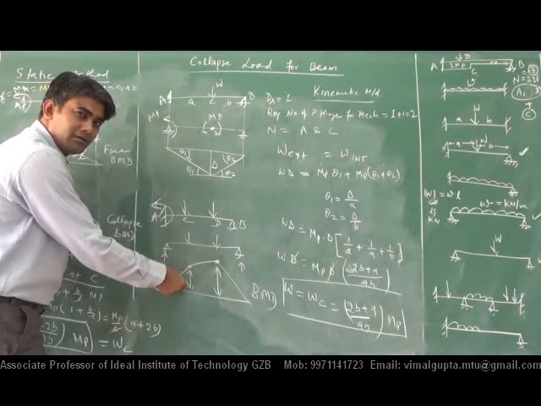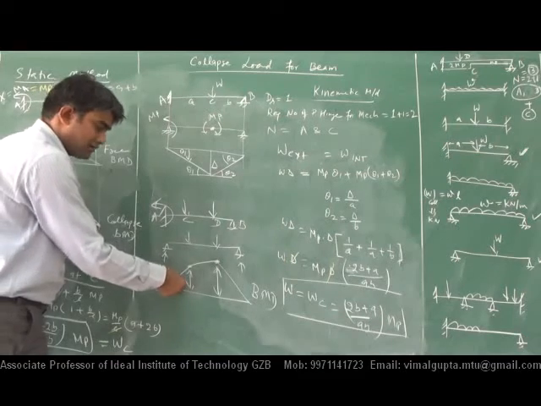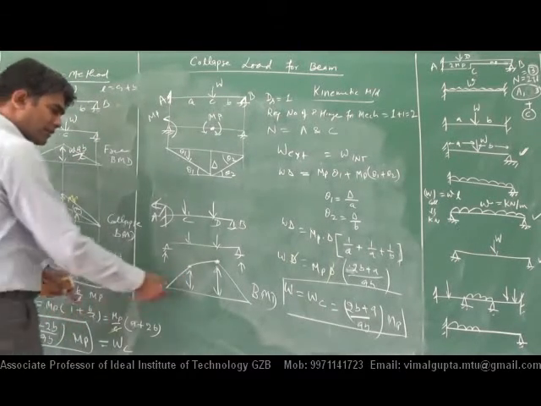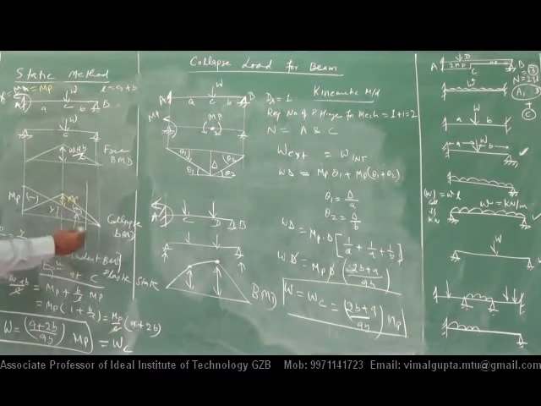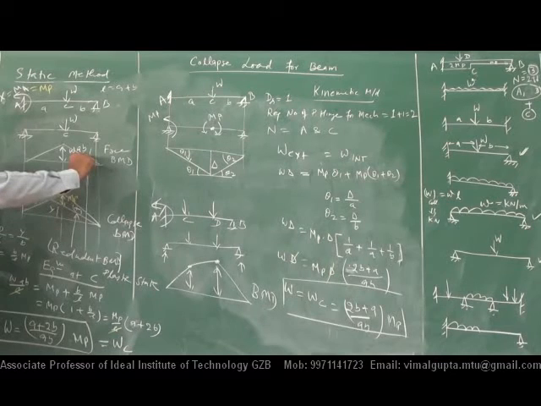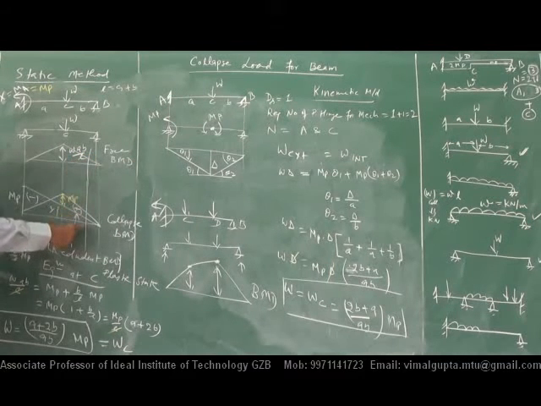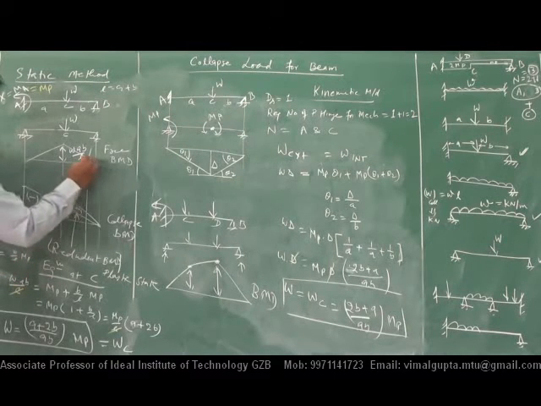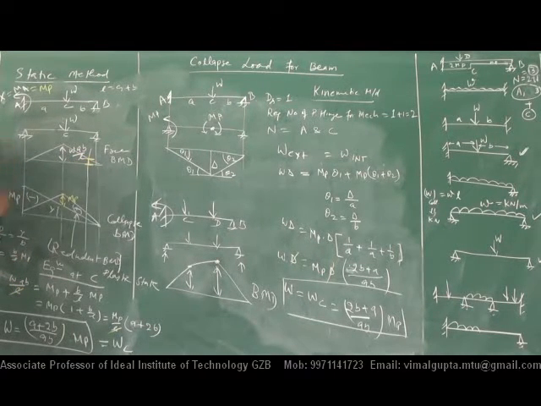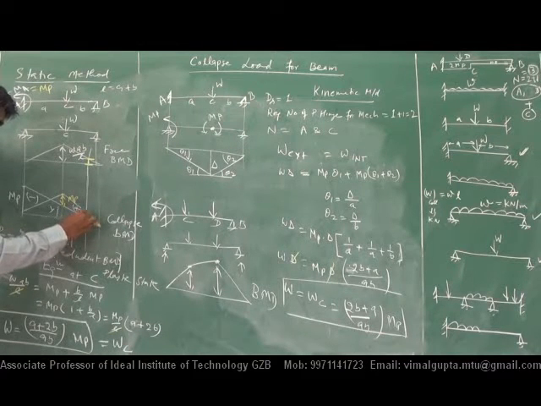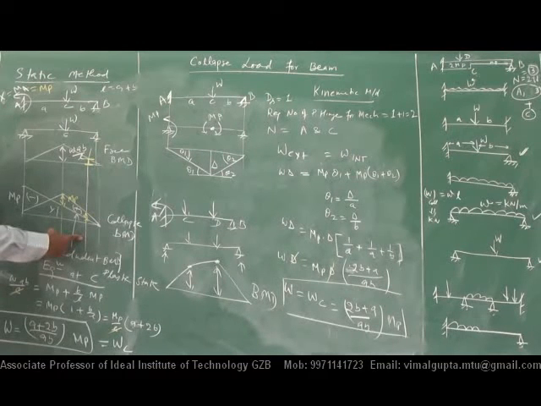Clear? You can apply it here also, no problem. You can also apply the equilibrium condition at this point also. What you have to do is find that ordinate. Listen here. If you want to apply the bending moment at this point, no problem. It will give the same result. But you have to find that value. Then find that value. Why are you making the complexity?